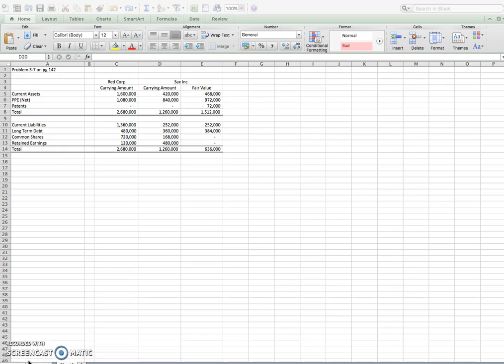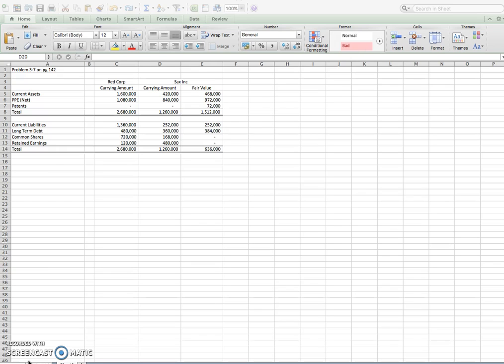In addition to the property, plant, and equipment identified above, Red Corp attributed a value of $100,000 to Sachs's assembled workforce. They have knowledge and skill to operate Sachs's manufacturing facility and are critical to the success of the operations. Although the 8 manufacturing employees are not under any contracts, management of Red was willing to pay $100,000 as part of the purchase price on the belief that most or all of the employees would continue to work for the